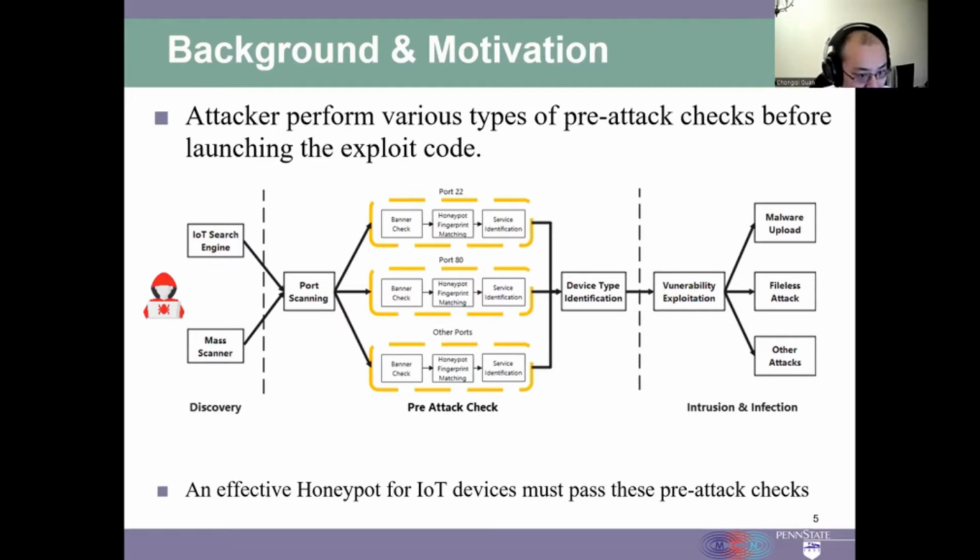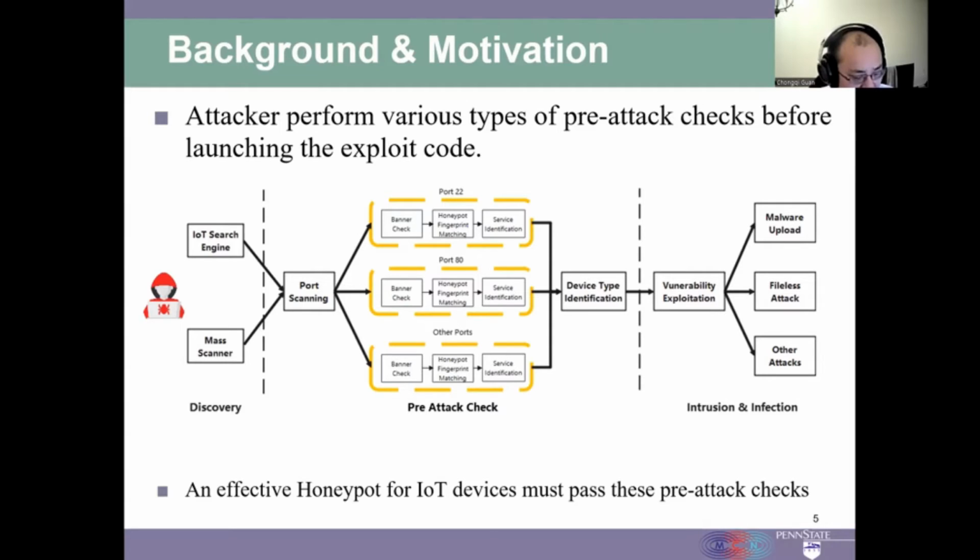This figure shows a typical attack process against IoT devices. The attacker first uses some reconnaissance tools such as masscan to locate the victim device. Then they scan and probe the open ports of the target device to gather more information. The responses from the remote host can be used to match known fingerprints of existing honeypots. If the attacker thinks the remote host is a honeypot, they can terminate the attack session and blacklist this IP. The response can also be used to identify the service running on the remote host, which can further be leveraged to pinpoint the type or brand model of the victim IoT device.